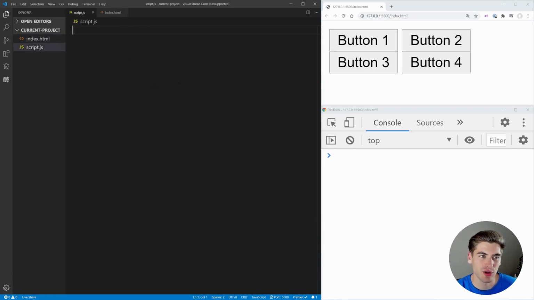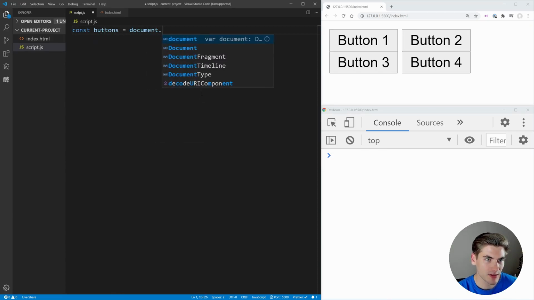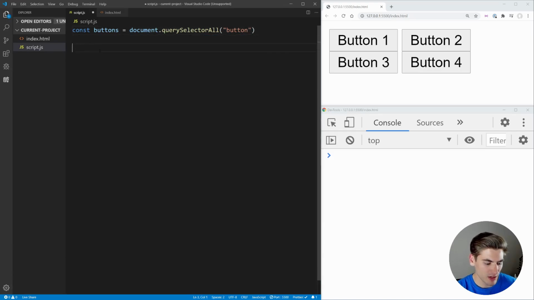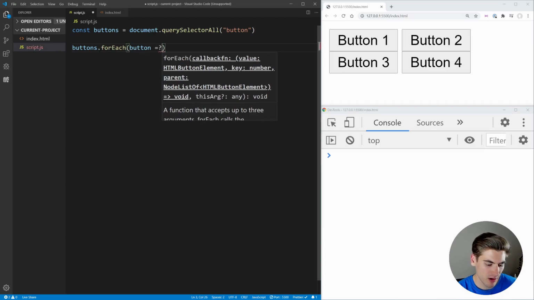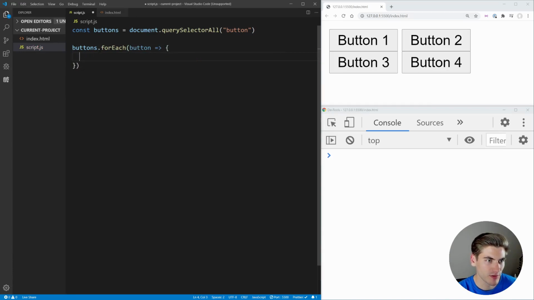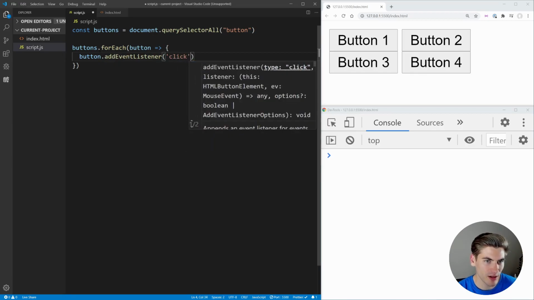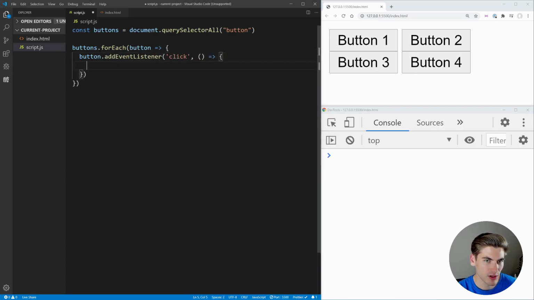And right now I have this script tag that doesn't really do anything, but let's make it so when we click on one of these buttons, it just prints out the text clicked. So we can just get all of our buttons by doing a document.querySelectorAll for button. And here I just want to do buttons.forEach. For each one of my buttons, I just want to do an event listener, so button.addEventListener on the click event. And in here we can just say console.log clicked